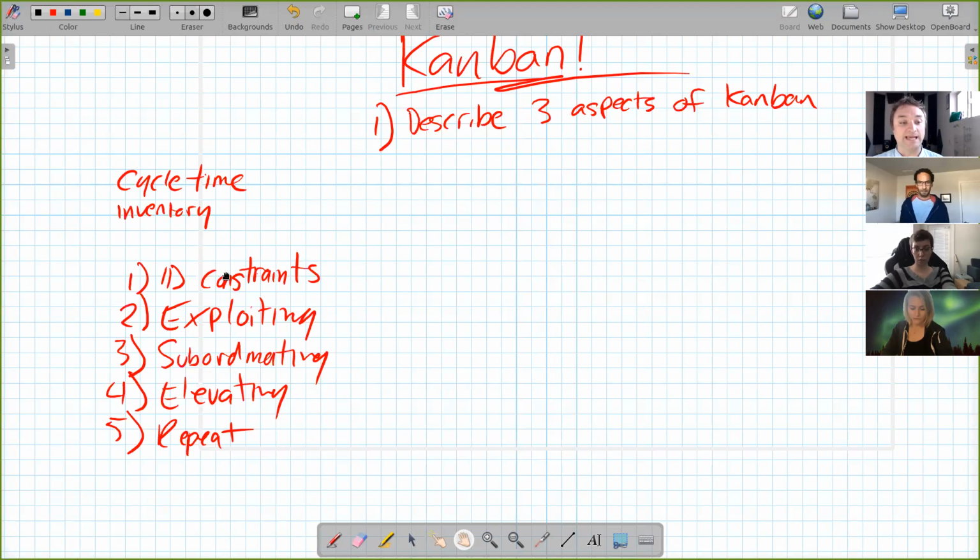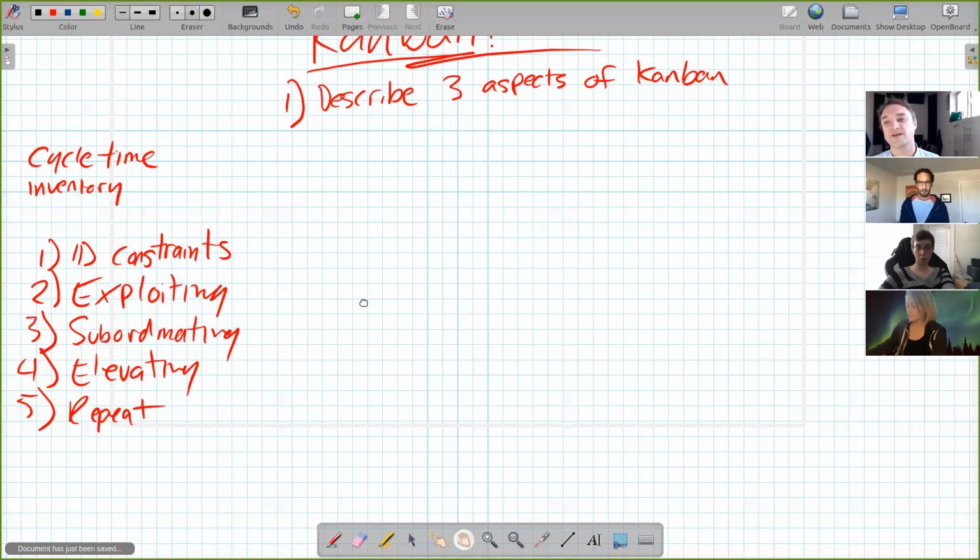And you do these steps in order. You make something efficient, you reorganize, and then you get more resources, in that order. It's way too common to jump right to getting more resources when there's plenty of efficiency to be had, when there's plenty of people standing around doing nothing. They jump right to hiring more people, getting more machines, whatever. So this is a systematic process for improving a system. And a great tool for organizing that work is Kanban.